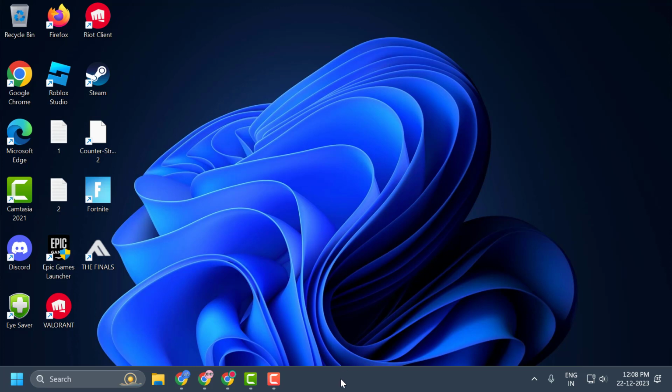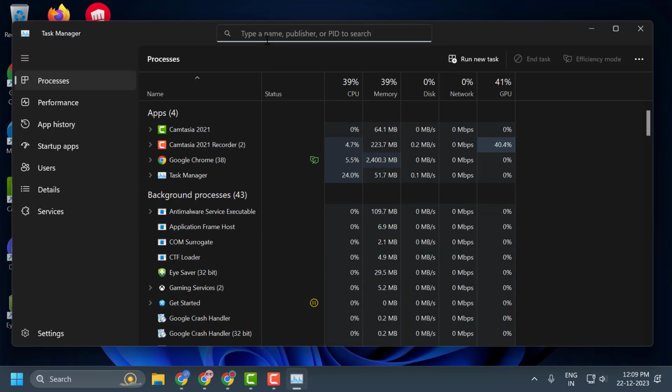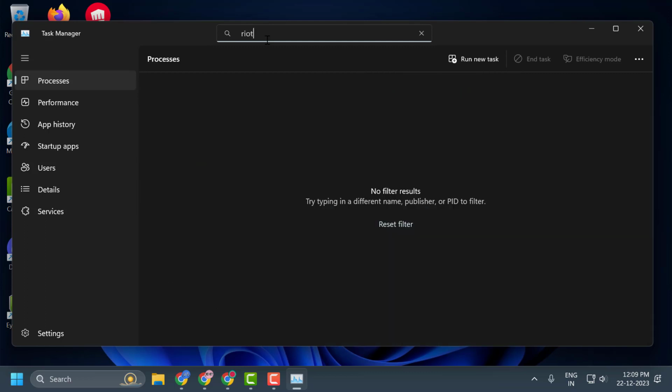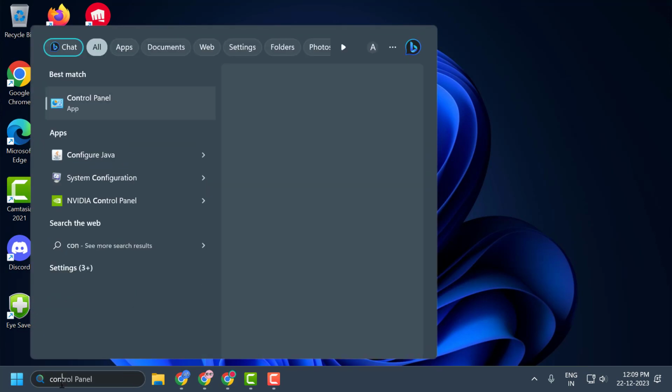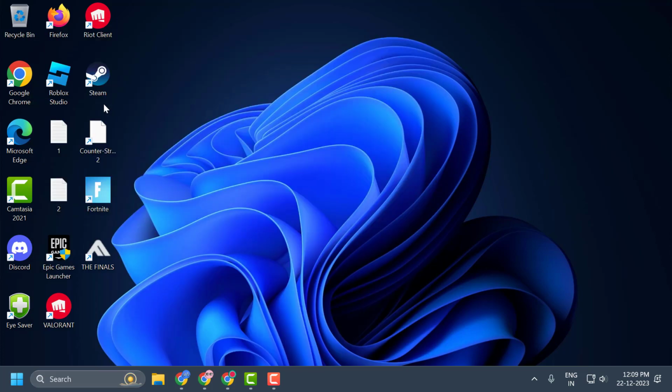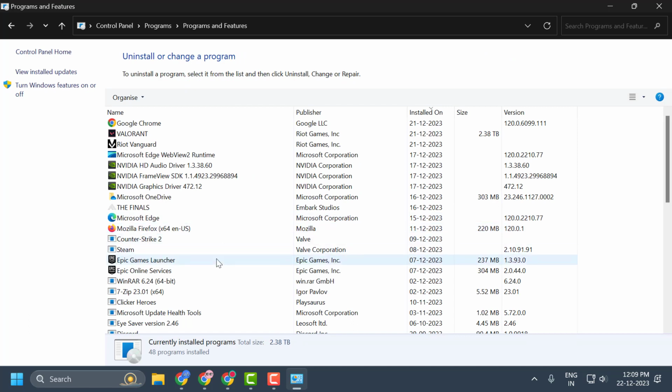First you just need to open up Task Manager and end the tasks related to Riot Games and Valorant. After end tasking it, you just need to uninstall the Riot Vanguard. To do this, go to search menu and type control panel, click on open it, click on uninstall a program, and in here right click on the Riot Vanguard and select uninstall,